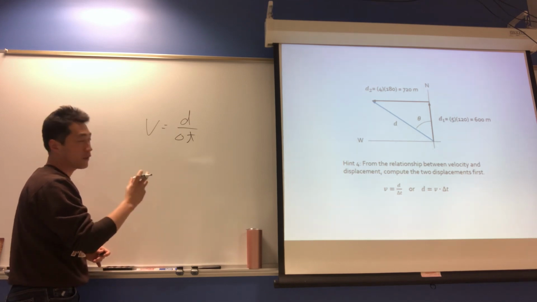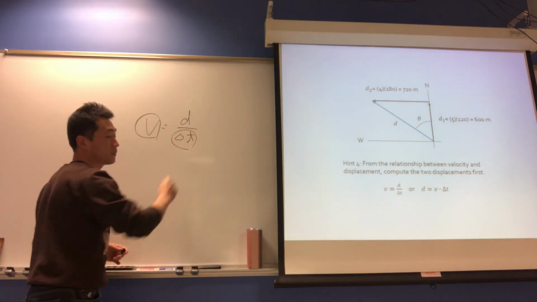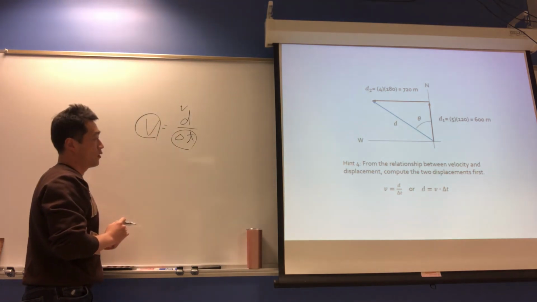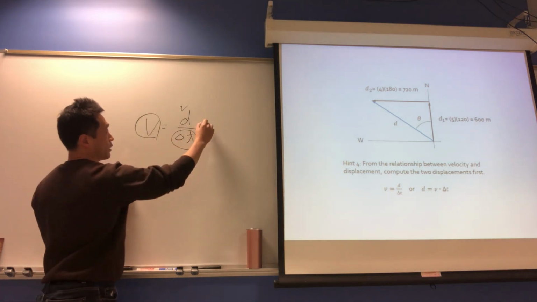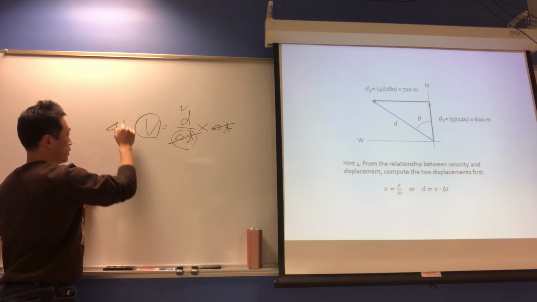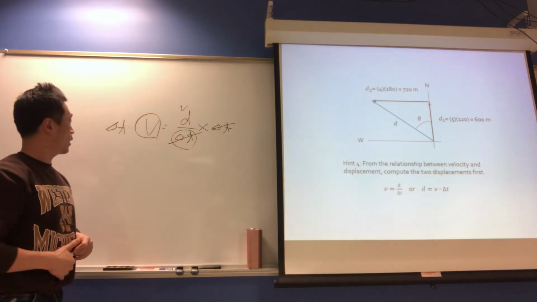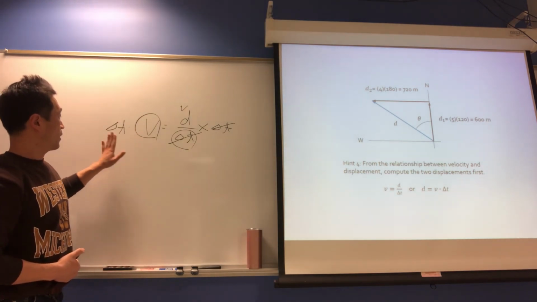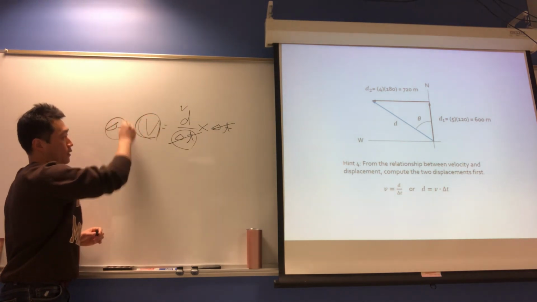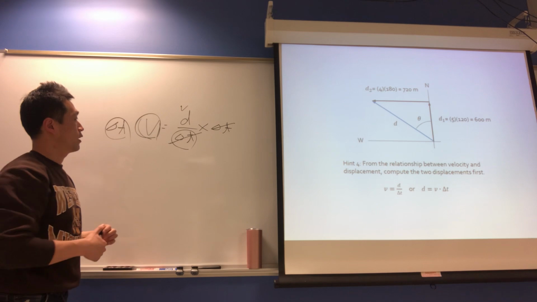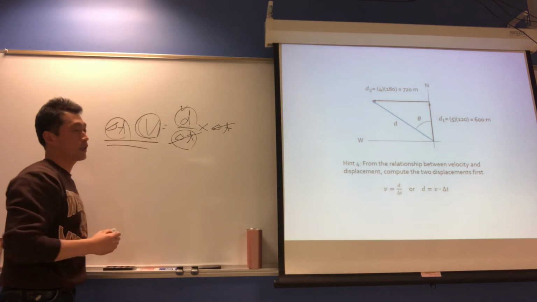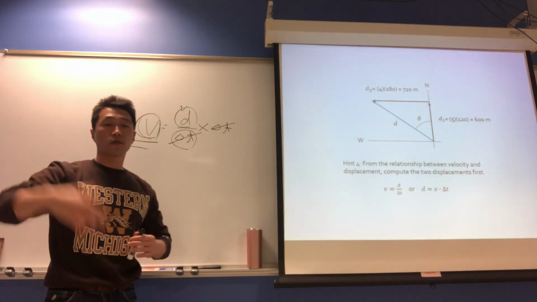But here what you have is velocity and time, and we need to calculate displacement. So in this equation, if you multiply each side by delta t, the delta t will be gone. If you multiply the velocity by delta t, it will give you displacement. That's why we need to calculate the two displacements first using this information, and then lastly compute the resultant or final linear